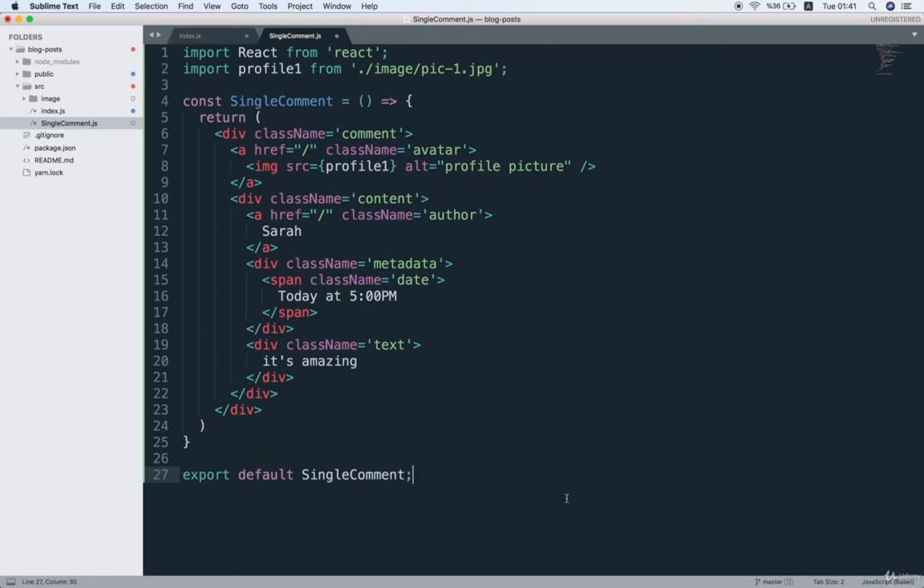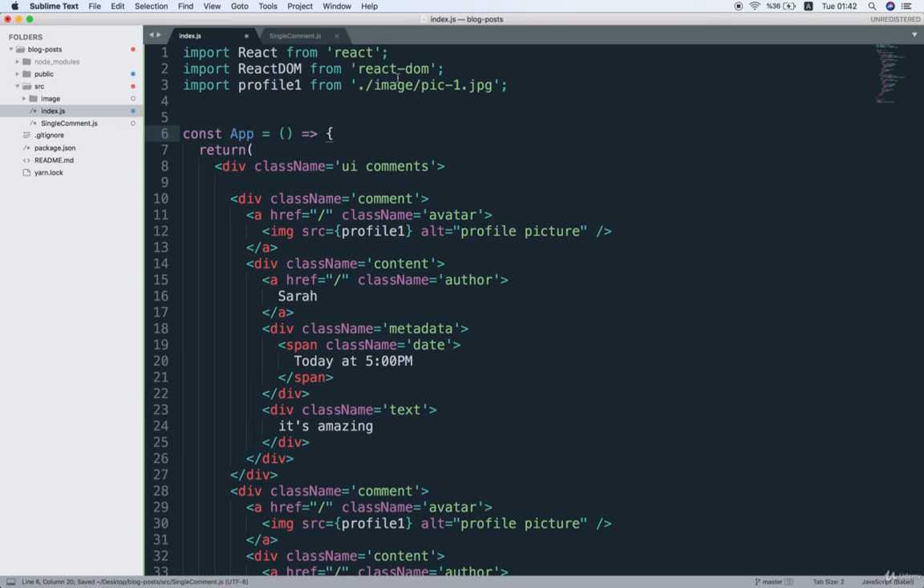Now, again, this line right here is what makes this component available to the rest of our project. We're going to talk more about specific syntax that we're using here in a little bit, but for now, just stay with me. Okay, so now we're going to change over to the index.js file,